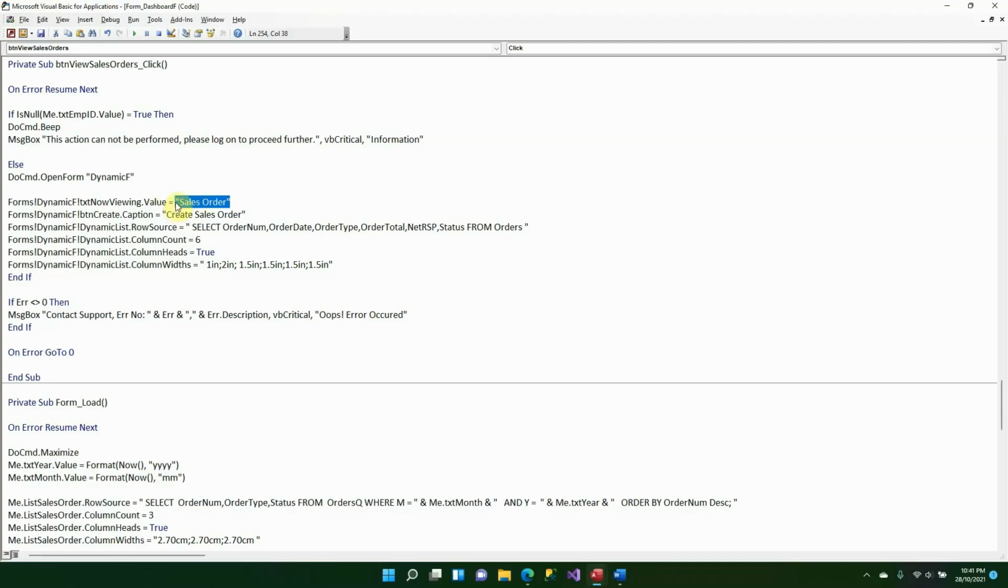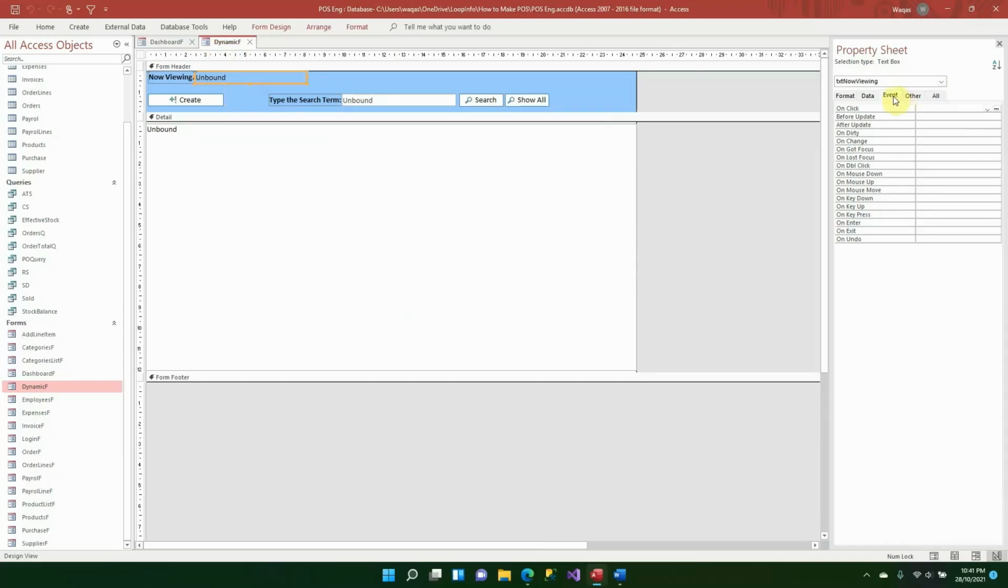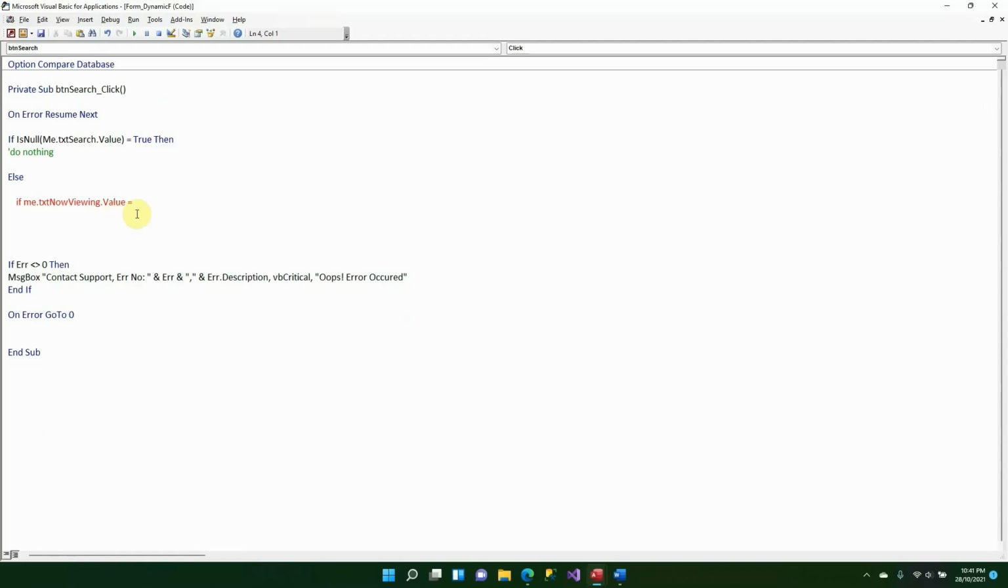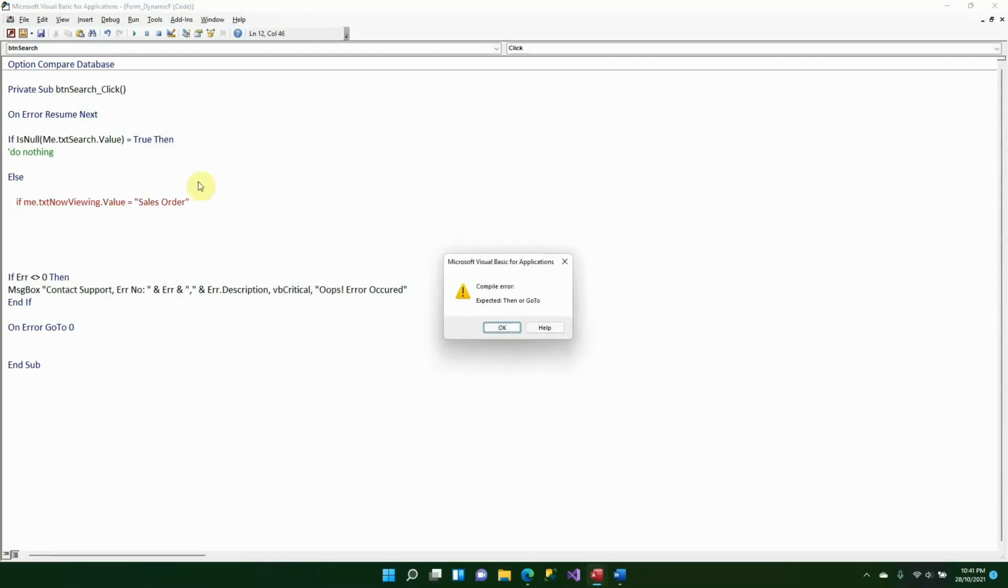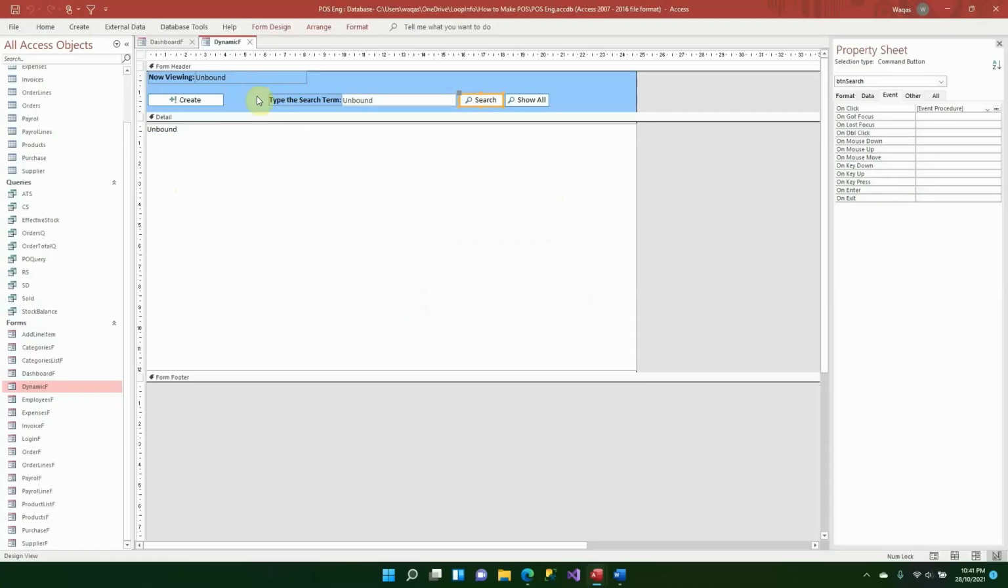So the important point is make sure that the value that we have set for now viewing should be exactly the same if you want to perform an action. Okay, so where we were here, if it's equal to sales order, then okay, so what we are saying,